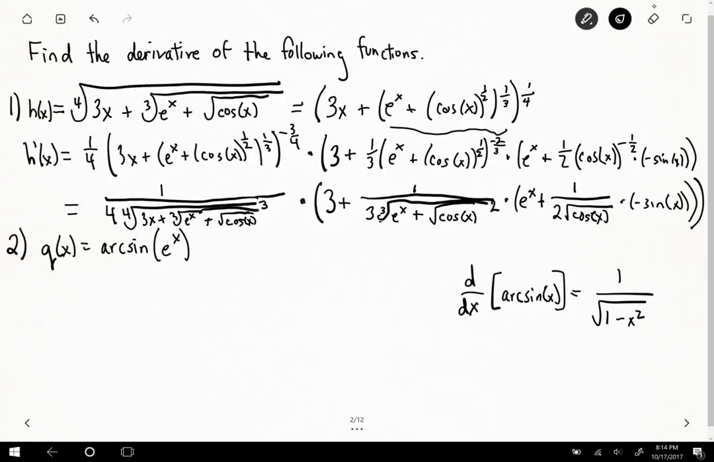So the derivative of arc sine of x is just 1 over the square root of 1 minus x squared. If you don't know, as I said, just let me know. We can prove it. It doesn't take too much. All you need to do is use a triangle, and you can do this all the time. So moving forward from here,